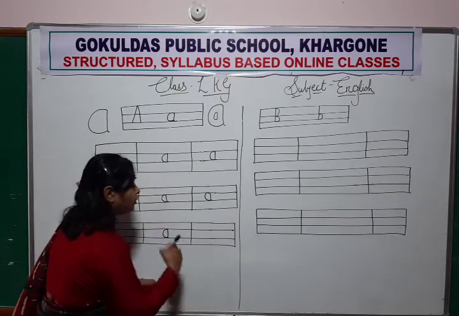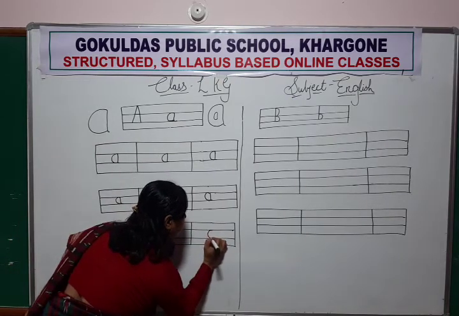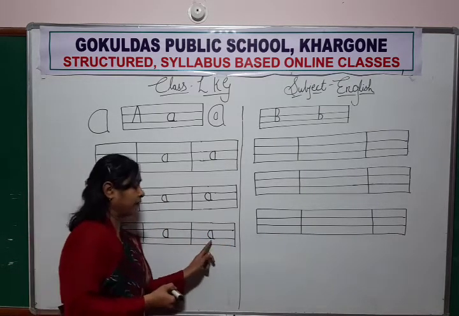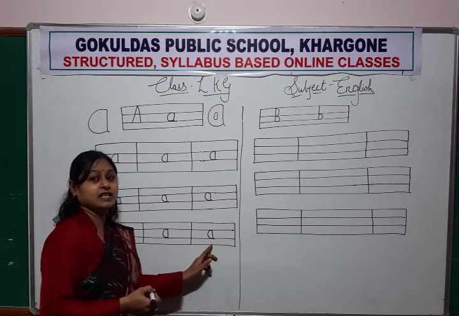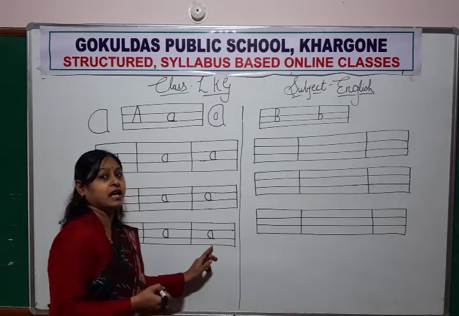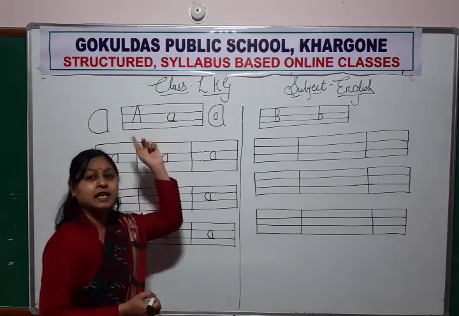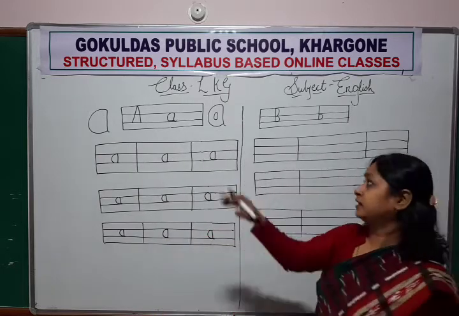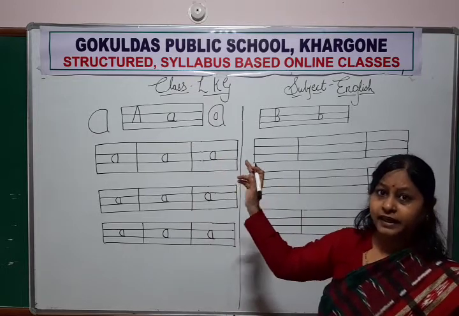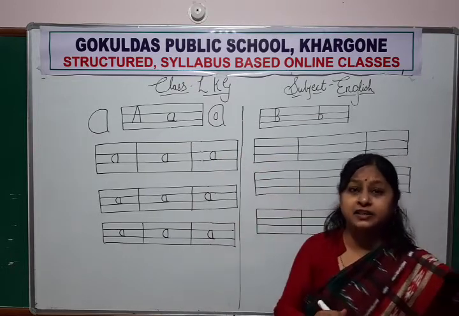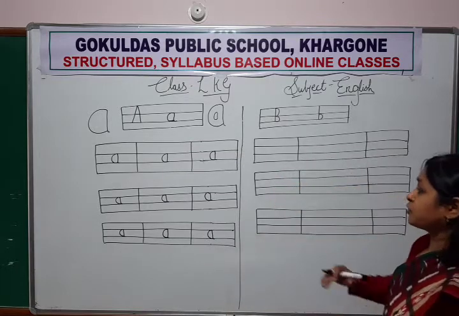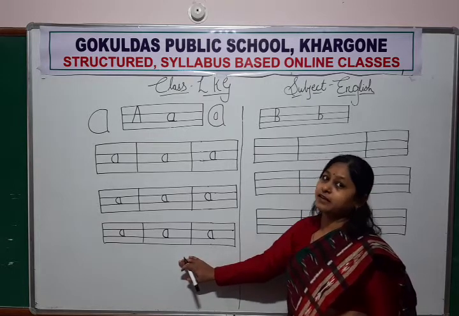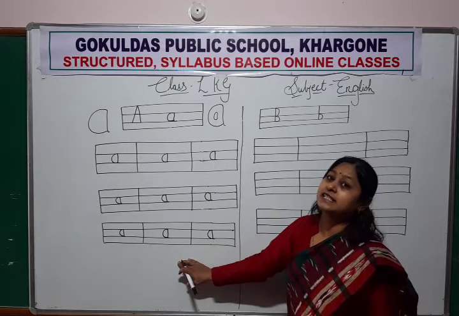Okay. Again, how you will write? You will make half circle, then standing line and small tail. Small tail of baby A. So which letter is this? Letter A. Small A. And sound of letter A is A. Aeroplane. Apple. Ant. Okay. Yes. So we have completed the formation of baby A. And sound of letter A is A.